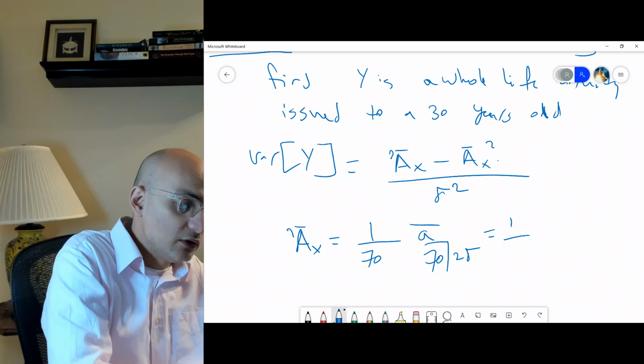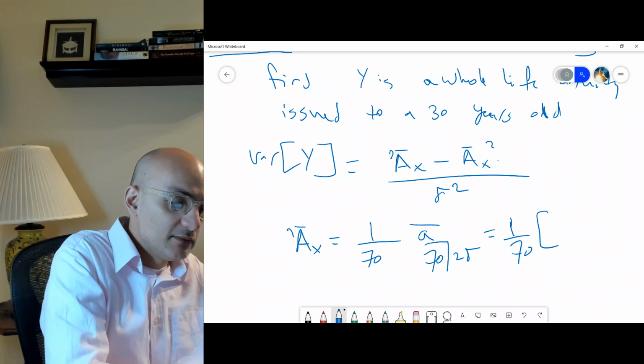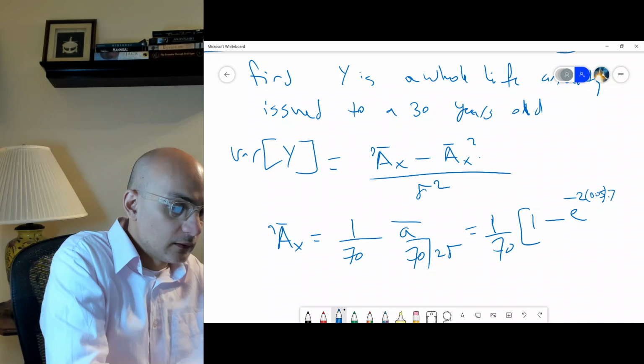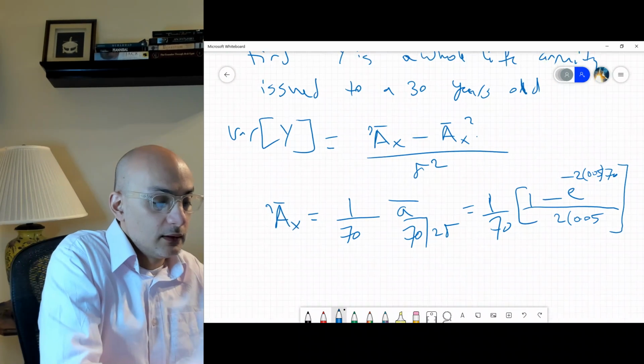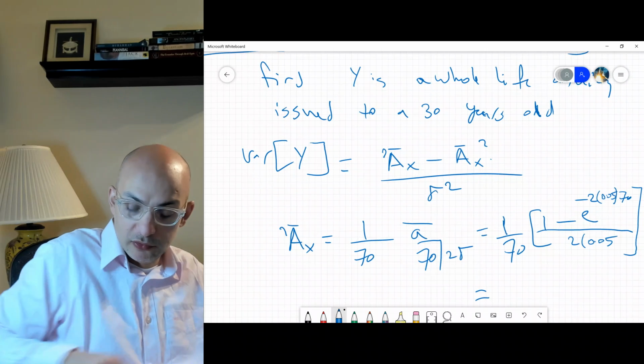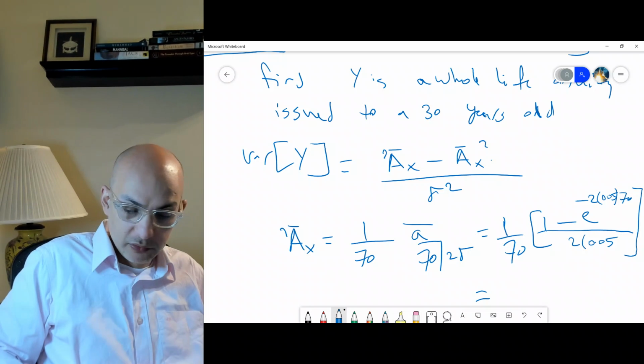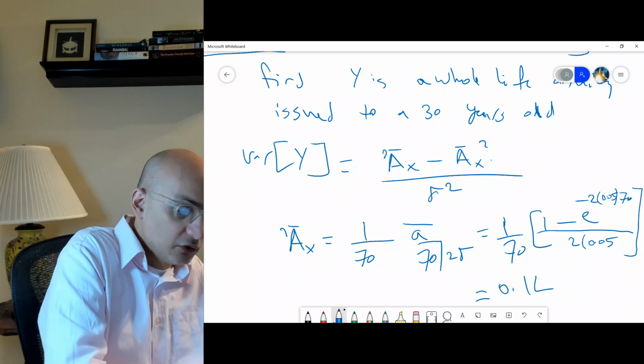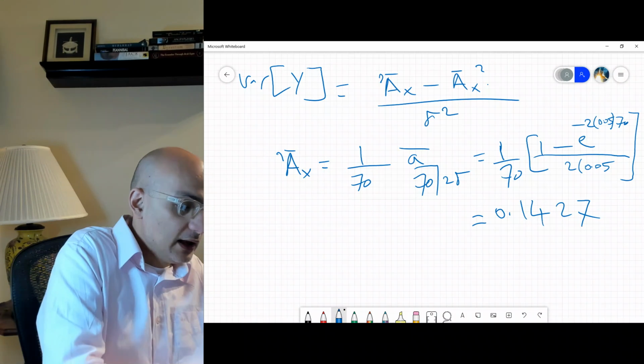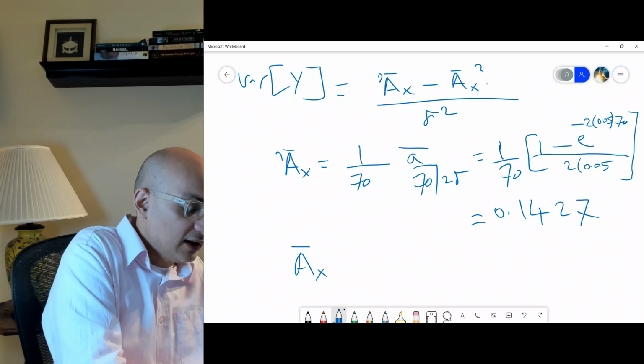So this will be 1 over 70 multiplied by 1 minus e to the minus 2 delta over 2 delta. Now you can get this if you do the calculation. We did it in the last session, so I don't want to spend time redoing the same example. What you would get for this is 0.1427. Now you need Ax,